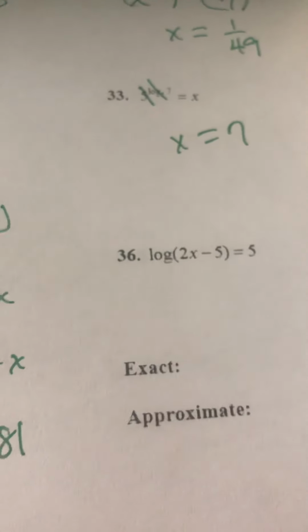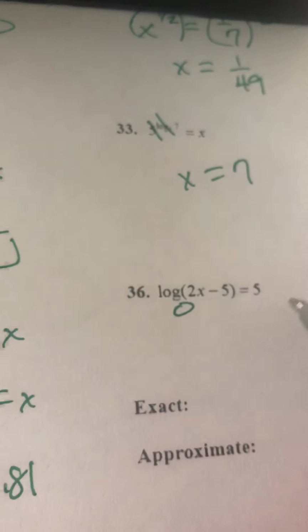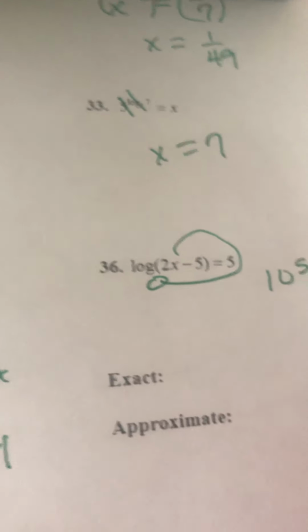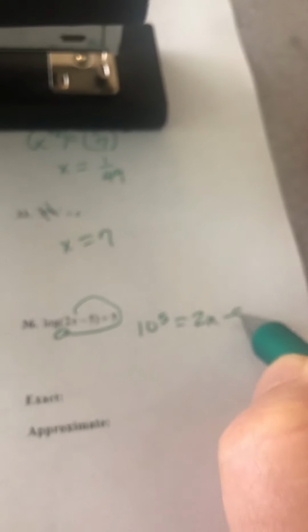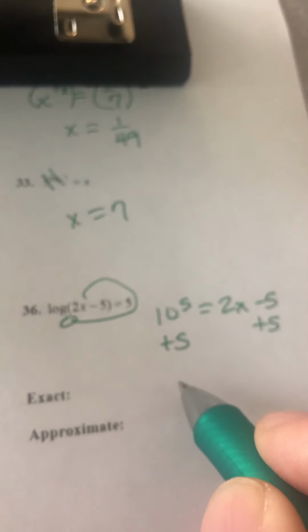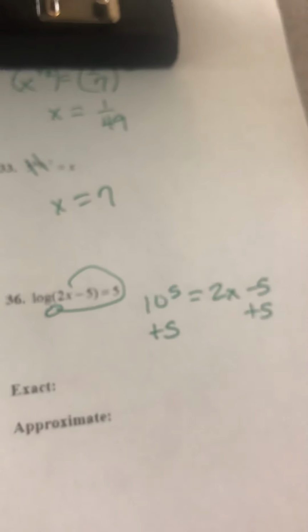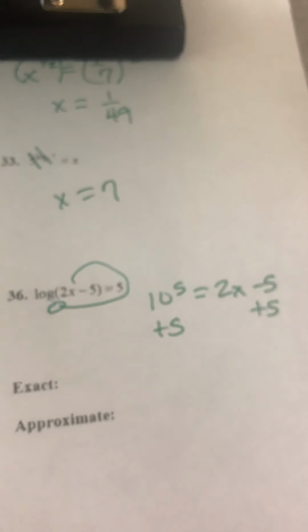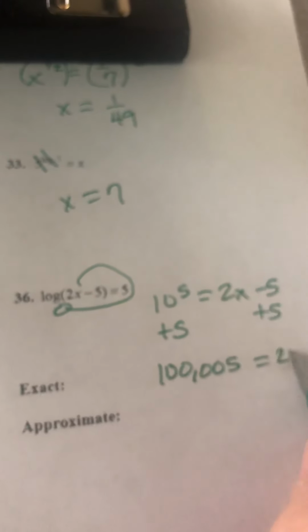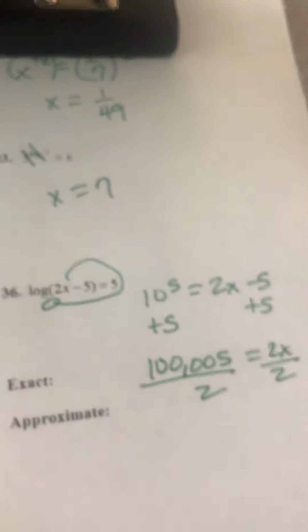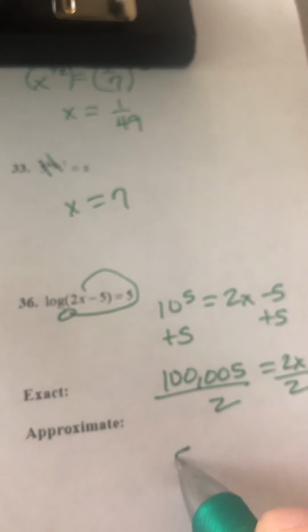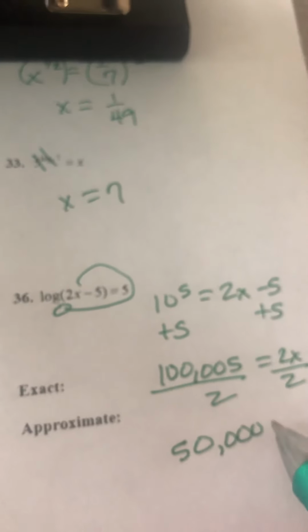All right, and now let's do this one. So when I swirl it, I get 10 to the 5th equals 2x minus 5. So you add your 5, and so that's 100,005 equals 2x. And then divide that by 2, you get